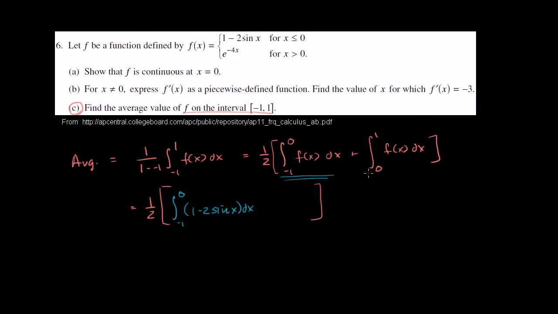And then plus this thing right over here, plus the integral from 0 to 1. And what is our function when it's between 0 and 1? It's e to the -4x. e to the -4x dx. And now we can do each of these integrals separately. And so this is going to be equal to